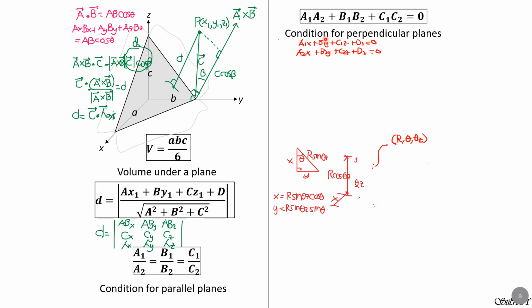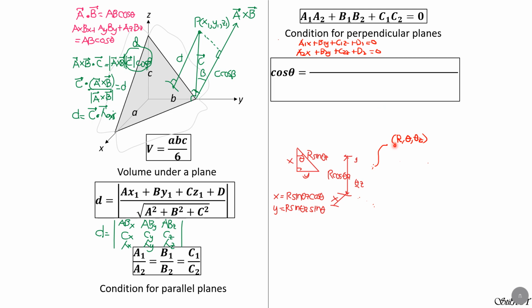Condition for parallel planes is if these are the planes. Now, the angle formed between two planes would be a1 a2, this one. Because if the two planes are parallel, it is 0. So, meaning this should be the numerator and divided by the magnitude of each plane. Square root of a1 square plus b1 square plus c1 square, then square root of a2 square plus b2 square plus c2 square.